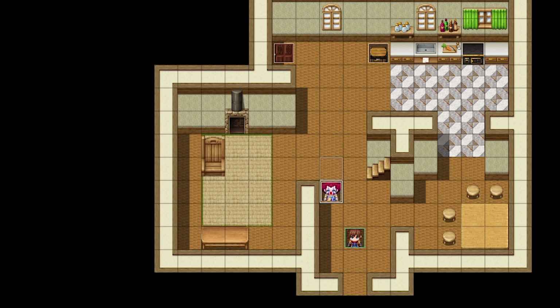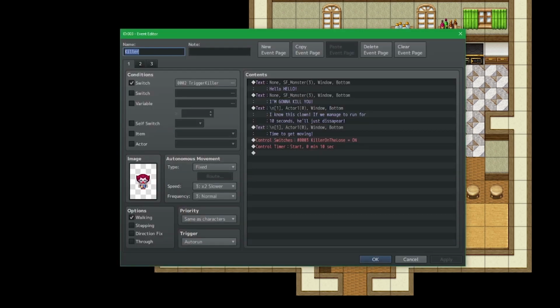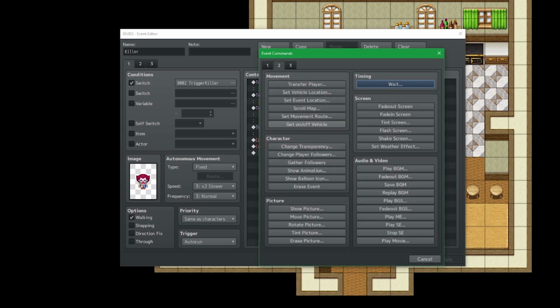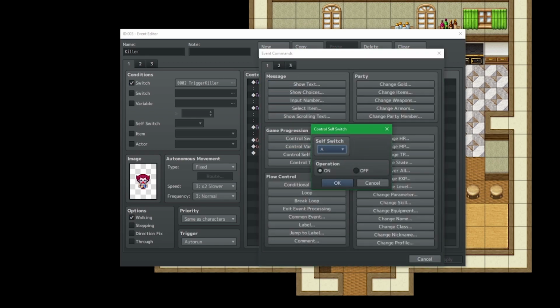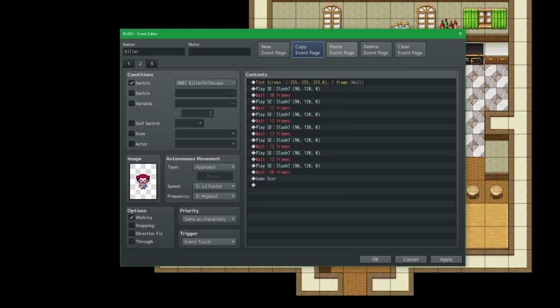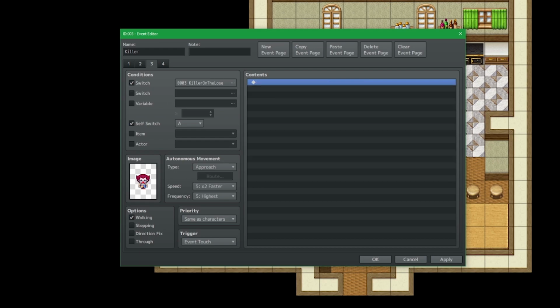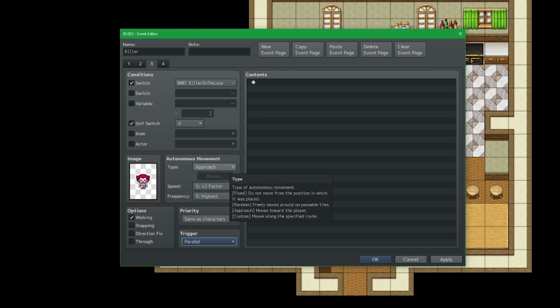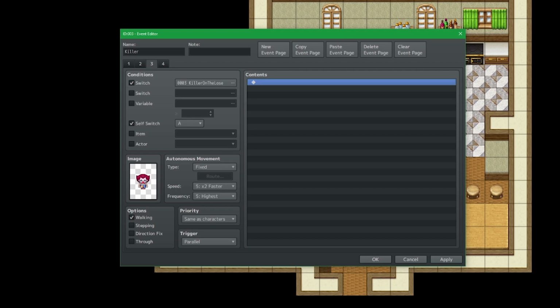Now I do want to make the clown move up a little bit closer. I think right here is pretty good. And if you do want to give the player a little bit of a head start before the clown starts chasing them, back on page 1, we can create a self switch A, go to page 2, copy, paste, and then go to self switch, have A turn on. We'll want to delete all the insides here, change this to parallel process, and we want to make sure that the autonomous is set to fixed. And then in the contents,